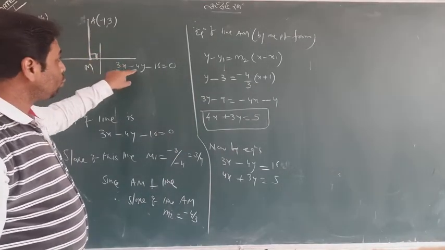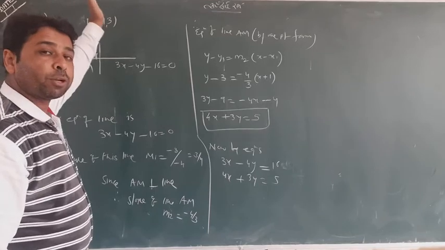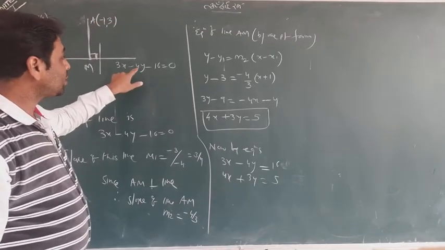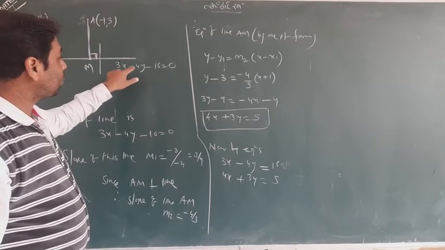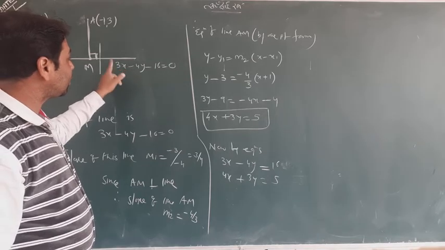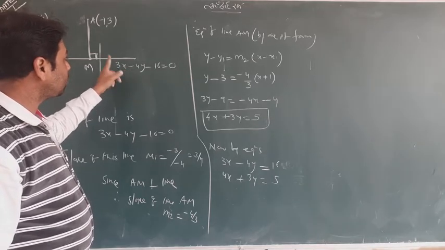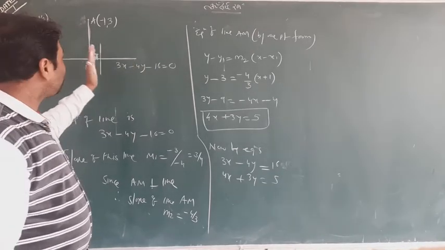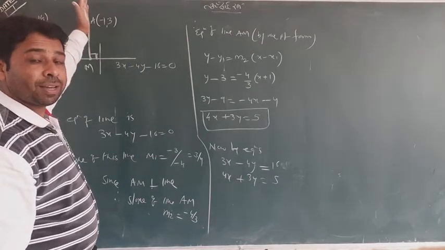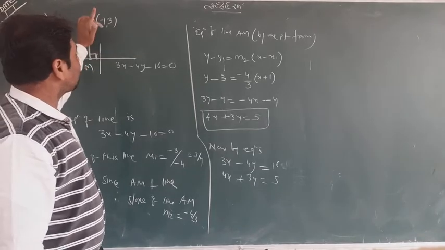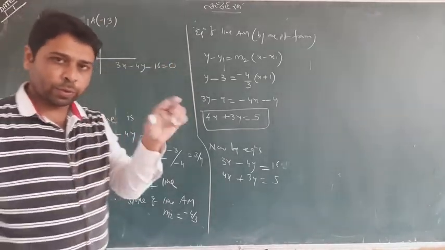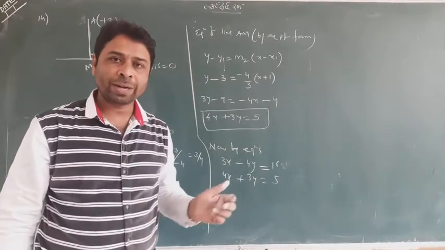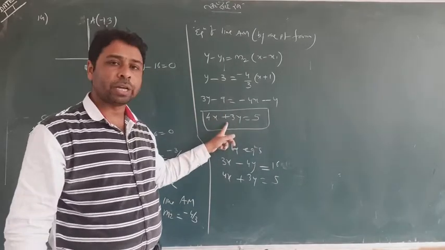I taught you that when you know one line, you can find its perpendicular line. How? Just write the coefficient of y with the same sign as the x, and write the coefficient of x with the opposite sign as the y, and here it is plus k. That will be your aim. And how can we find k? Because the line passes through this point, the point will satisfy the equation containing k. K will be found out, and the answer will be the same. Don't worry, the answer will be the same.